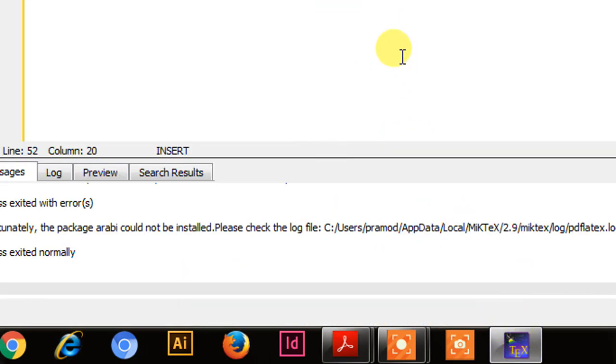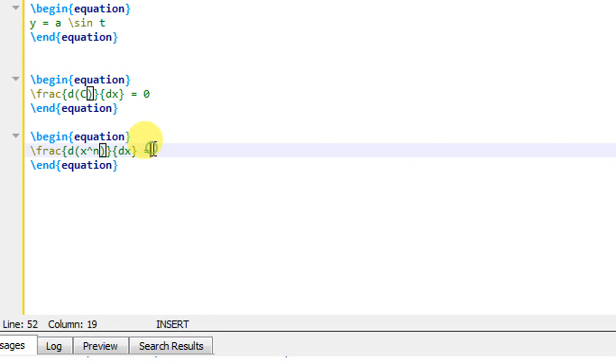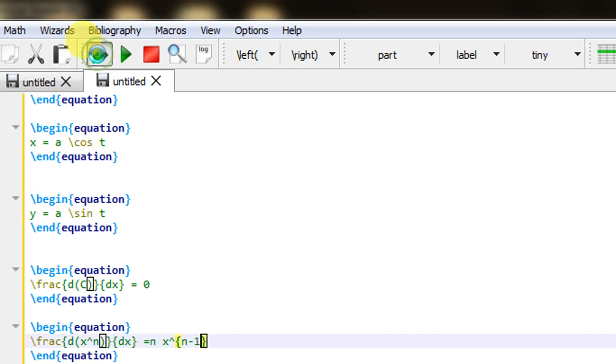On the right hand side we require n and x to the power. For power we require the cap, and inside the curly braces I will write n minus 1. So it will give you n into x to the power n minus 1. So let us quickly build this.